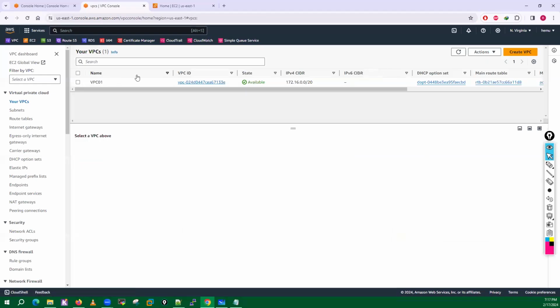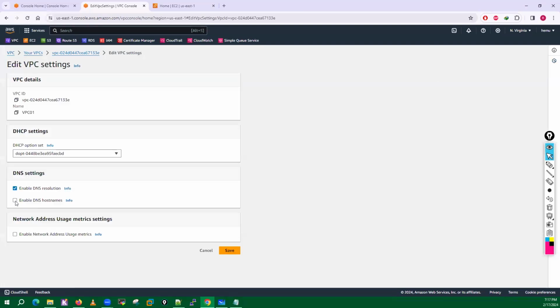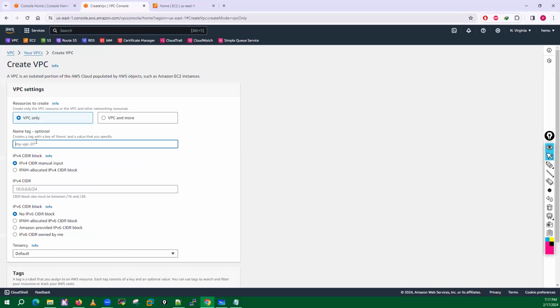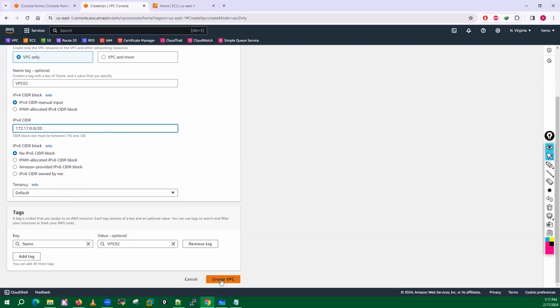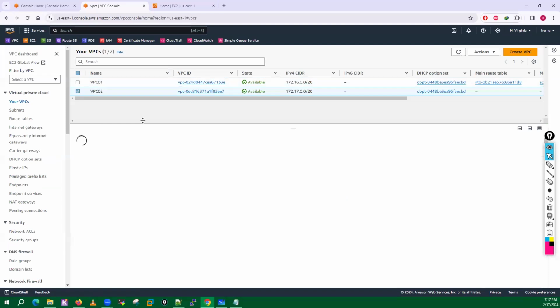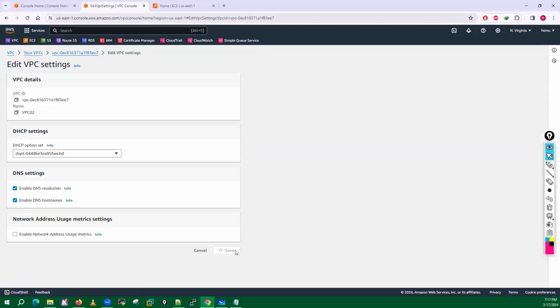And in these VPCs, just enable the DNS hostname. Create VPC 02 with 172.17.0.0/20. You could use the 16 series as well, starting from 172.16.16.0/20, but I'm just using a separate CIDR here. The second is also created. Go into the second one, edit VPC settings, and enable DNS hostnames.